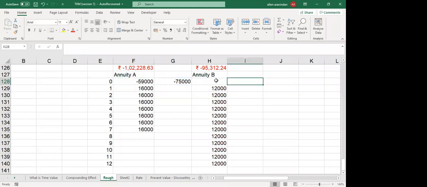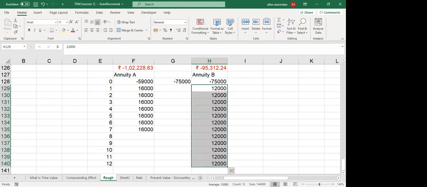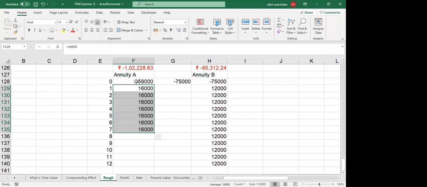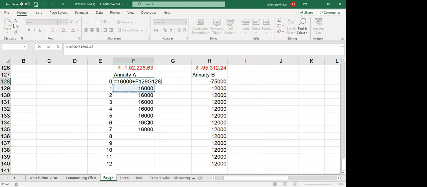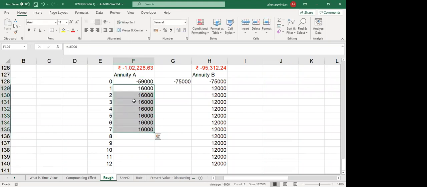Leaving that apart, here also it is the same. The only difference is this is an ending year calculation, a normal calculation. So you invested at year 0 and then you started getting money after a difference of 1 year at least. You started getting 12,000, right? Although the value of money looks higher here, you can see the value of money adds up to 1,44,000. And out here, it looks like 1,12,000 plus the 16,000 that you get, so somewhere around 1,28,000, right?